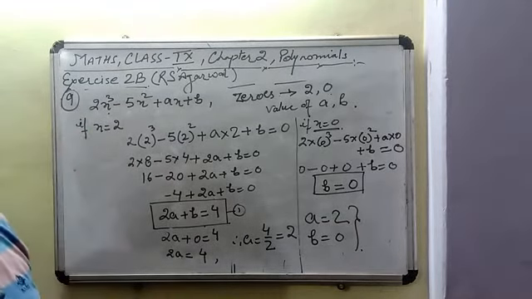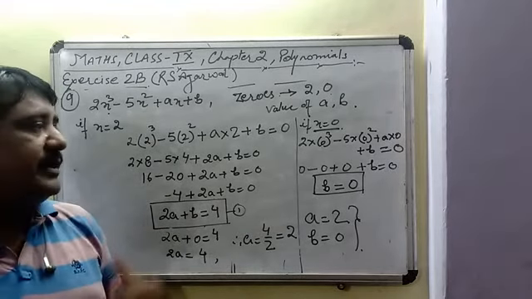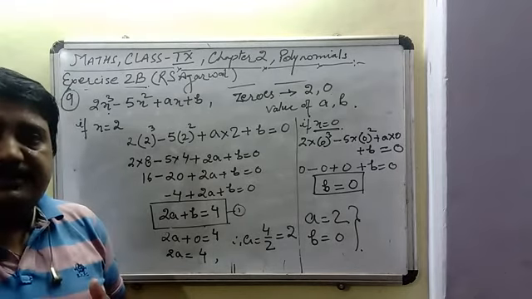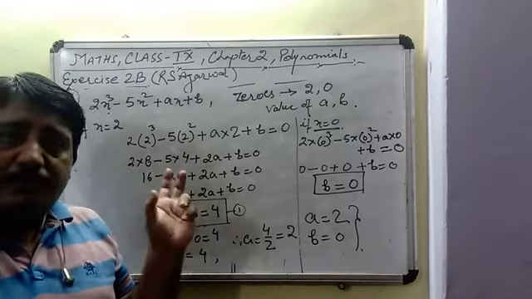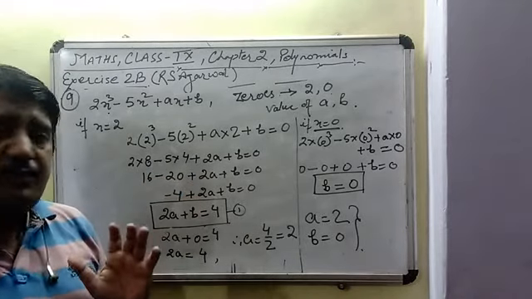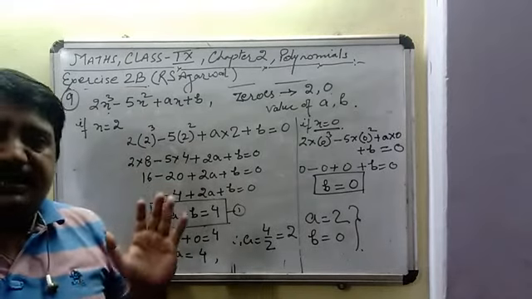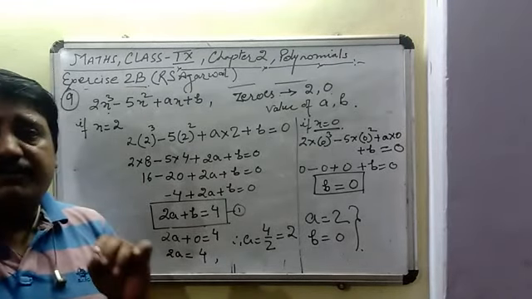So students, this is all from today's class. Exercise 2b, we have completed most of the important questions and the hint has been given to you. 5-6 questions are left in this particular exercise and you are all advised to go through these types of questions more and more times, because this type of question is quite important for your examination. Practice more, stay safe and stay home with your family.